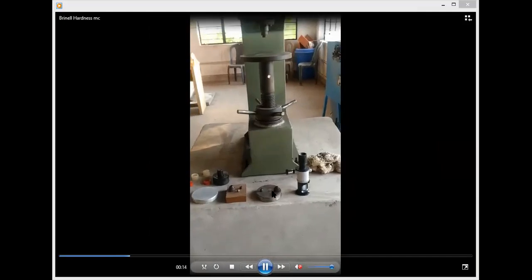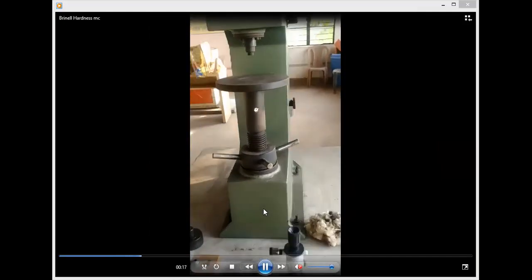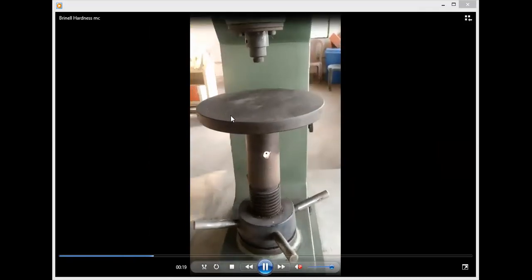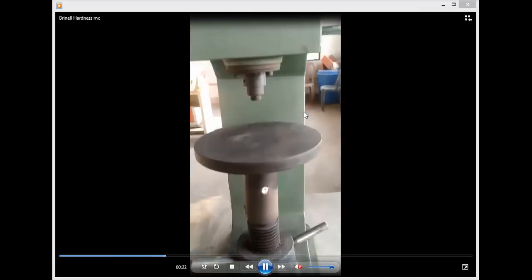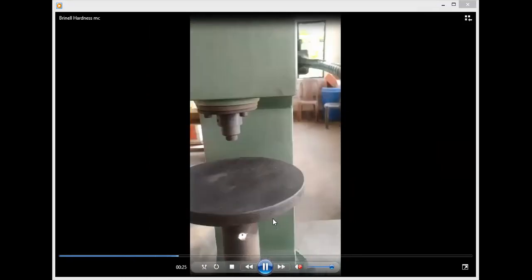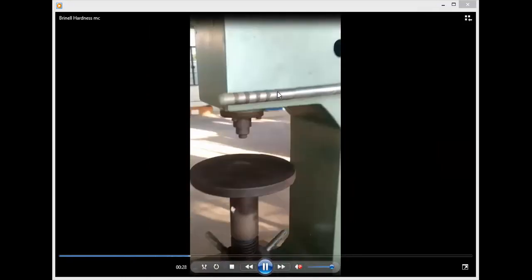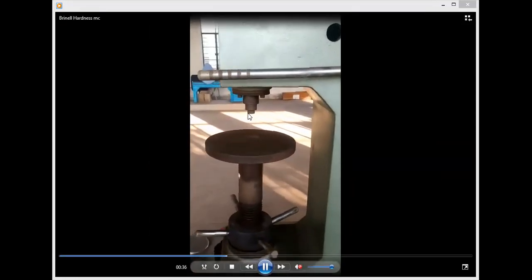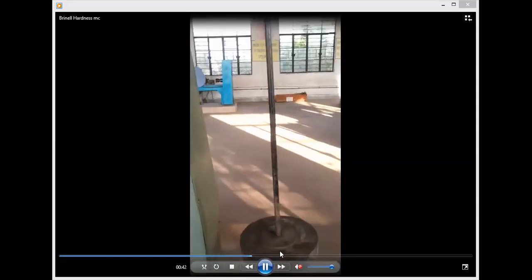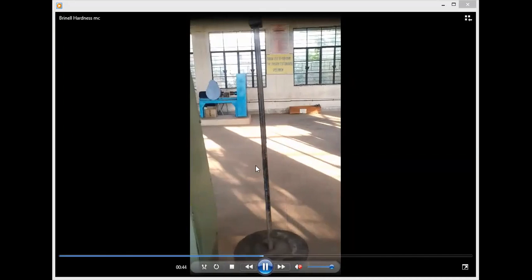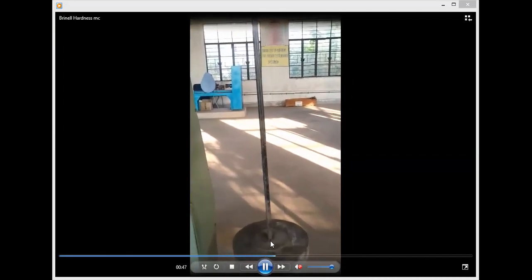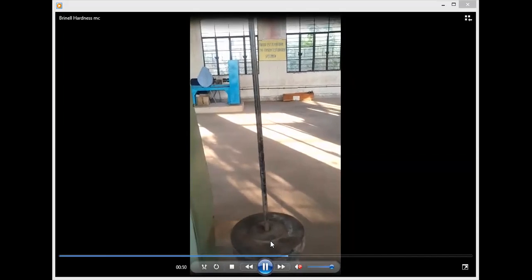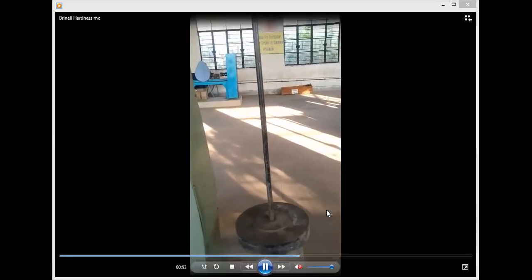This is the sample of steel. This is the sample of copper. This is the platform on which we are supposed to place the workpieces for the hardness test. This is the load actuating rod, which you have to move rightwards if you want to engage the load. And here we fix the indenters by a proper indenter holding device. This is the load actuating bar where we have to pull the loads one after another according to our requirement.